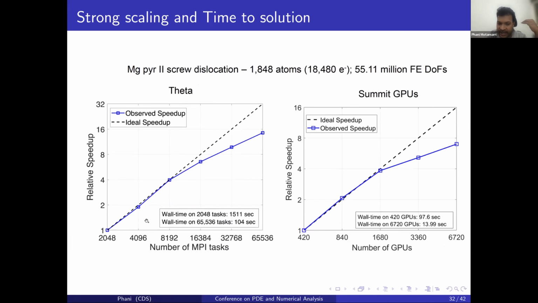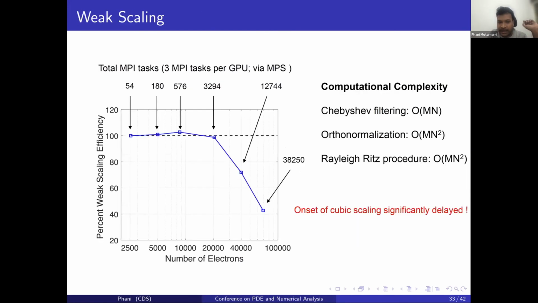And on CPUs also, we actually scale significantly. So we are almost at 60%, 70% efficiency with just having 500 degrees of freedom per processor. And then we also did a weak scaling, which highlights the fact that you are delaying the asymptotic computational complexity, which otherwise would have scaled cubically with the number of atoms. You're delaying it because of the reduction in the prefactor in the implementation procedures